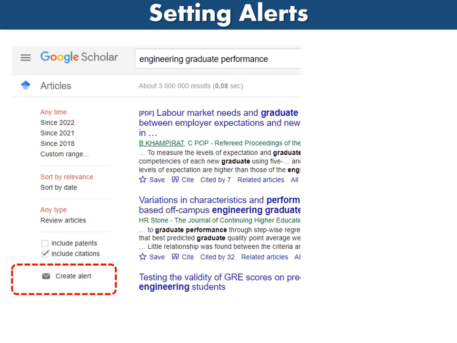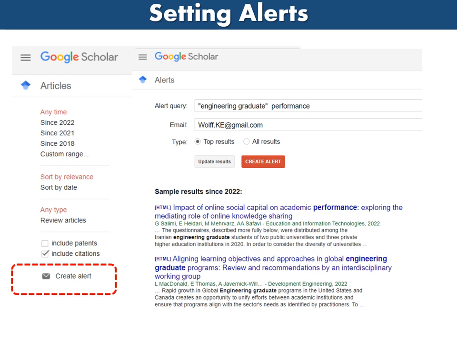So here you see on the left hand side, you simply click on that and you enter the email address you'd like to use, and this will send a weekly or daily digest of relevant newly published papers, or even older papers if it's the first time you're searching for them, straight to your inbox, and you can start filing those. The good thing about Google Scholar is that most of those are actually linked to downloadable papers that you can access immediately.